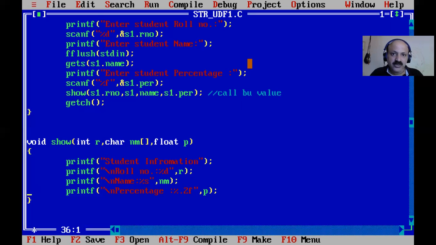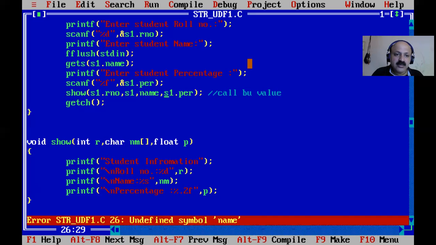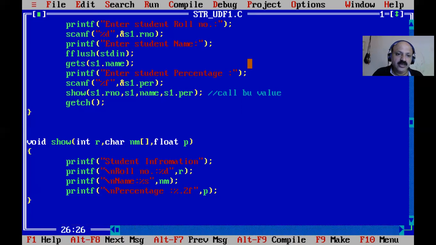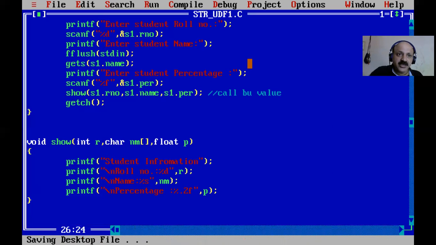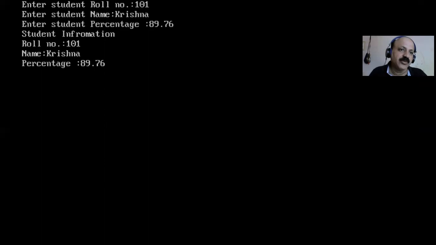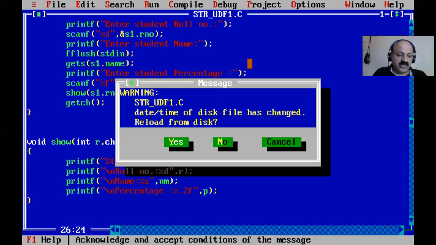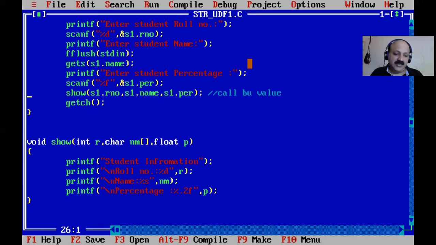Okay, so yes, I save and compile. Yes, it is dot, not comma, so no error. Let us check. I give 101, then Krishna, any name, and then the percentage, dot 2, yes, and that is printed perfectly. So that is the call by value technique.